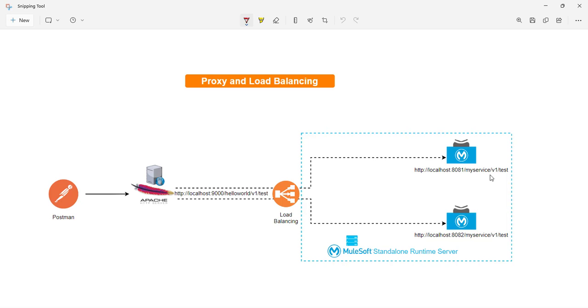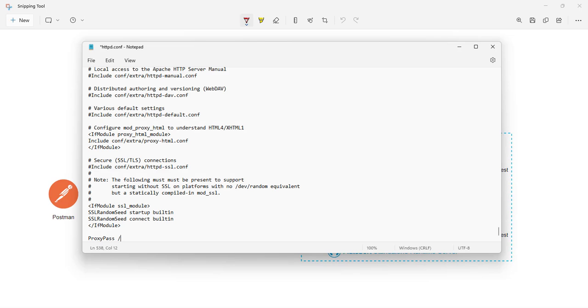It is my service slash version 1 slash test, right? So what we can do is we need to mention hello world here, and then we need to mention http colon slash slash,